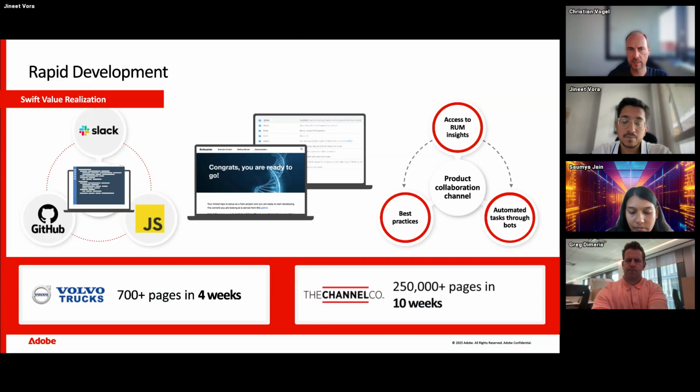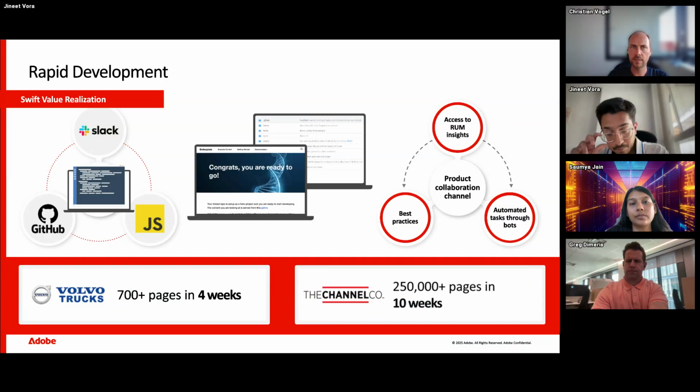We kept the same design, kept the same content, but migrated it over to edge delivery services in 4 weeks. And what we're actually currently working on is what we call the Experience Catalyst. We had a demo of this already at Summit in March. It was also part of the sneaks, called Project Sideleap.